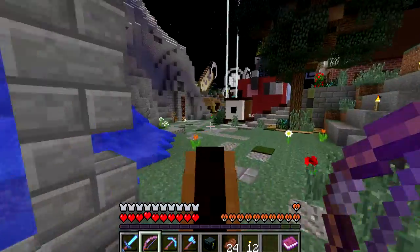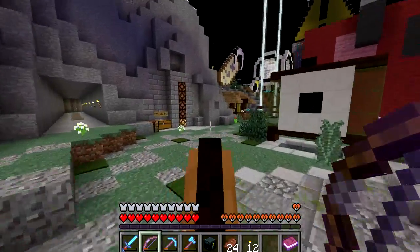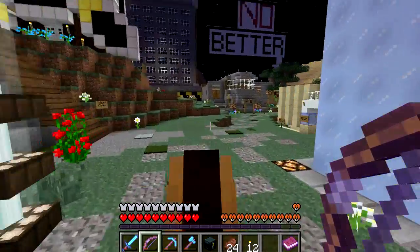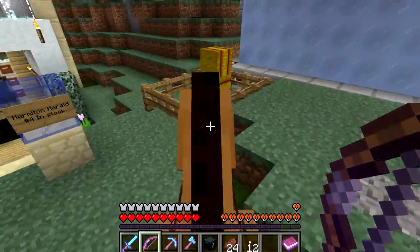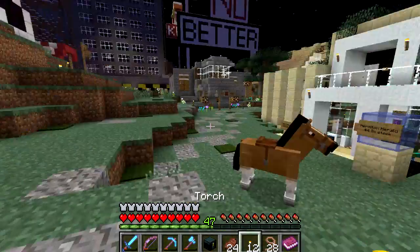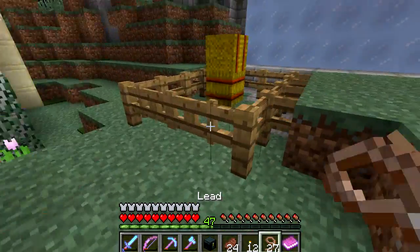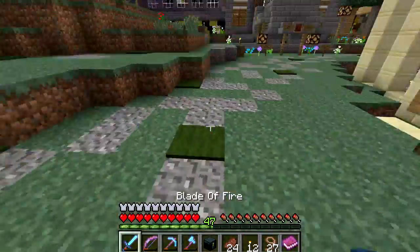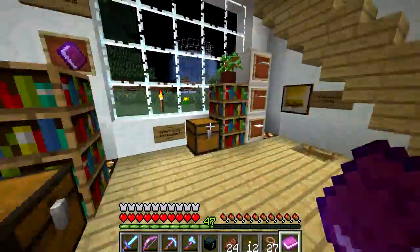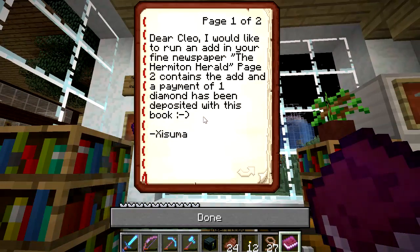Anyway, we need to head into the commercial district and pay a visit to the headquarters of the Hermitcraft Herald, because we need to take out an ad and let people know that this horse track thing is happening. And I think the newspaper would be a good way of doing that. So I've written out an ad for us to put into the paper, and I'm not the best at bigging up what I'm doing, or I don't know, I don't feel like I worded this in the best way possible. But anyway, dear Cleo, I would like to run an ad in your...